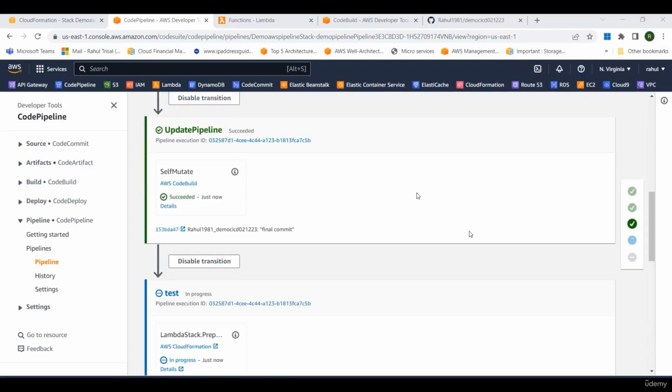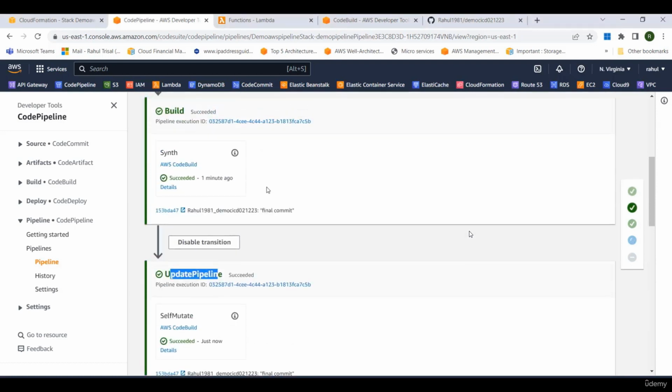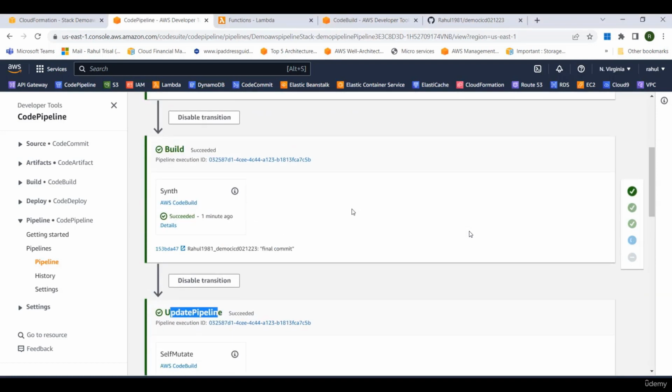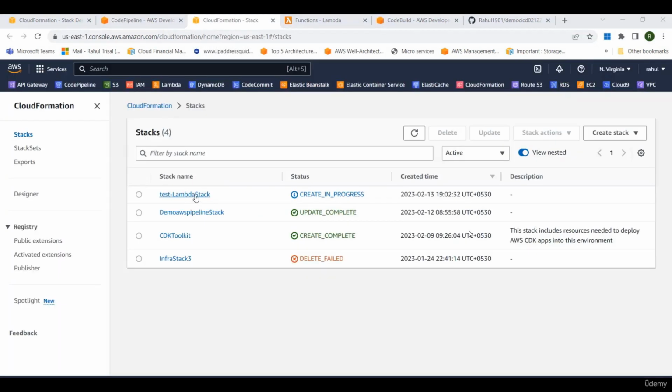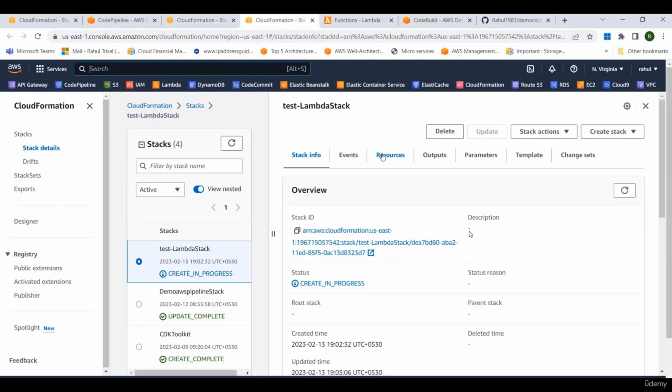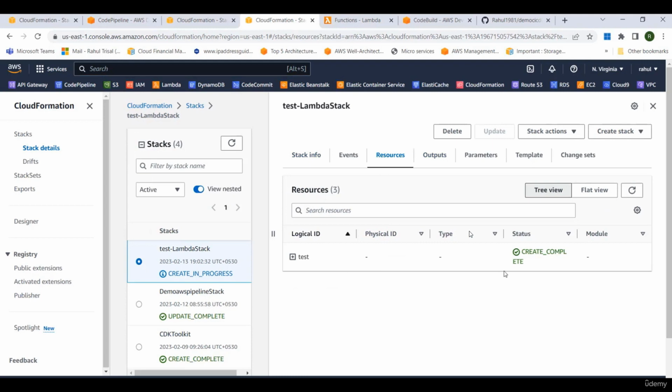Okay, I waited a few minutes and now we can see it has completed the update pipeline, the build, and also the source. Now it's creating the Lambda function in the test environment. And you can see the CloudFormation is succeeded. So if I just go here, you can see it's creating the test Lambda function. It's in progress. If I just go here, and if I go to resources,